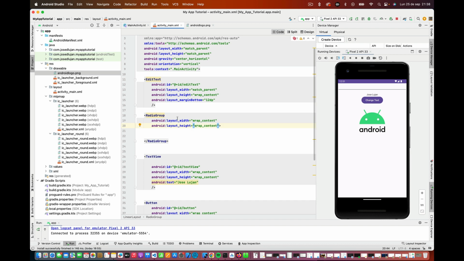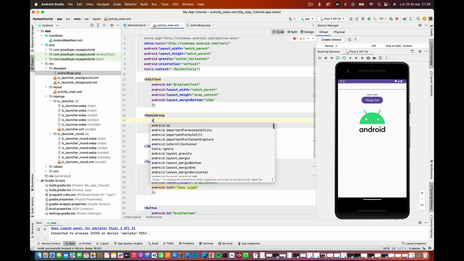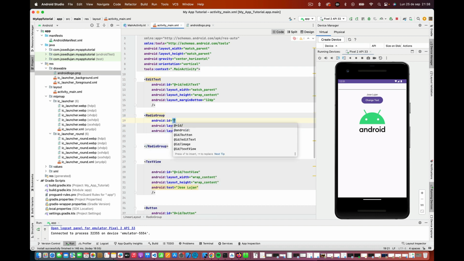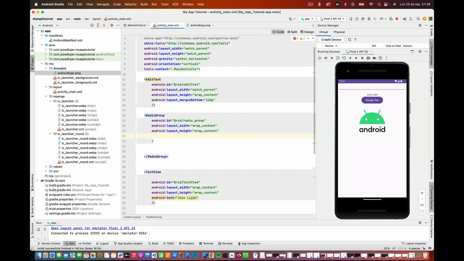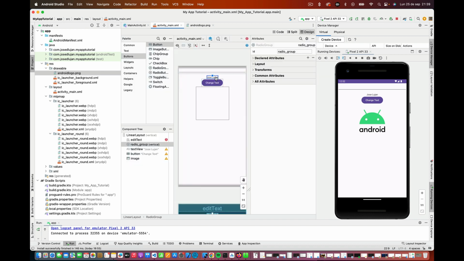Now I will put 90, and let me put something like radio underscore group. I am not too smart for now to think of a name. Well, a radio group with height. That's all, we can start with this. If we save and go to design, you see here